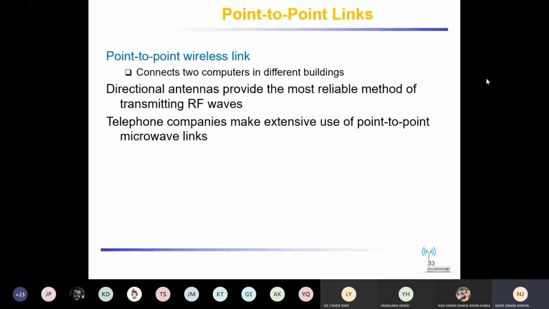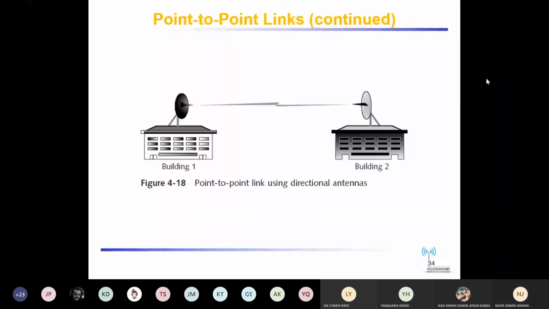Now, point to point is what? Point to point means link to link, like this one. You can see this is the point. A is connected with B only, and A is not connected with anyone else. So in this point to point, the role of line of sight comes in as well.